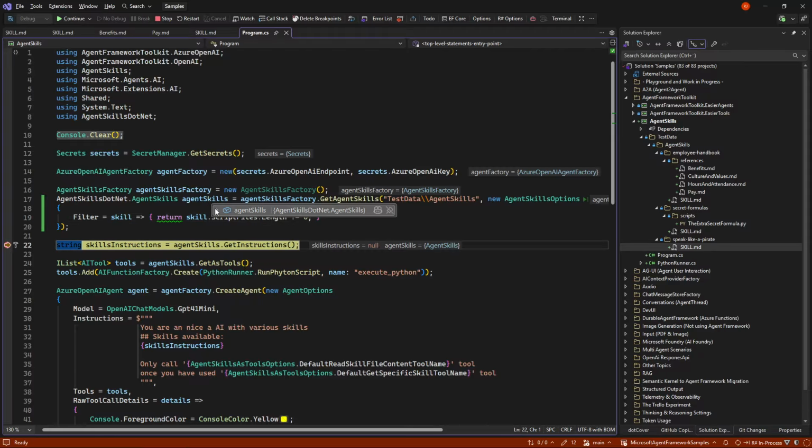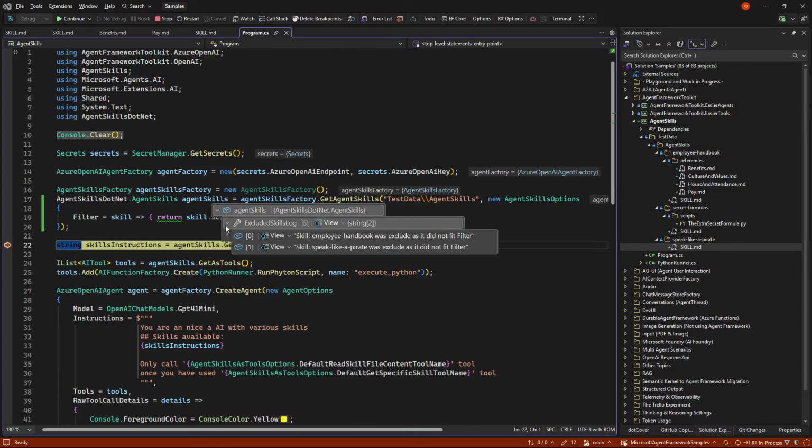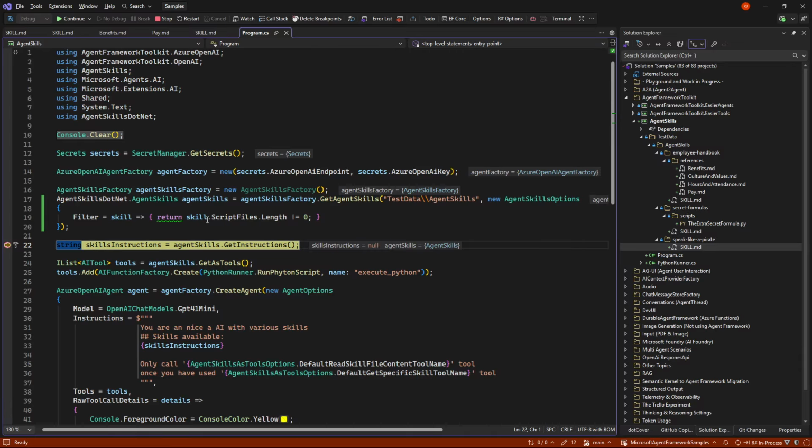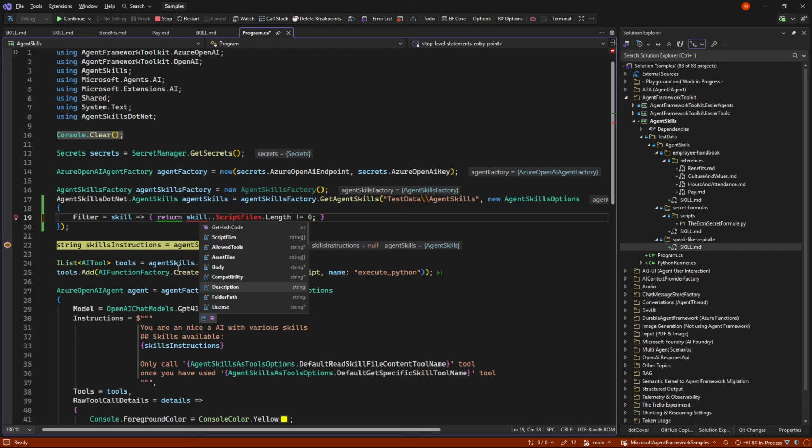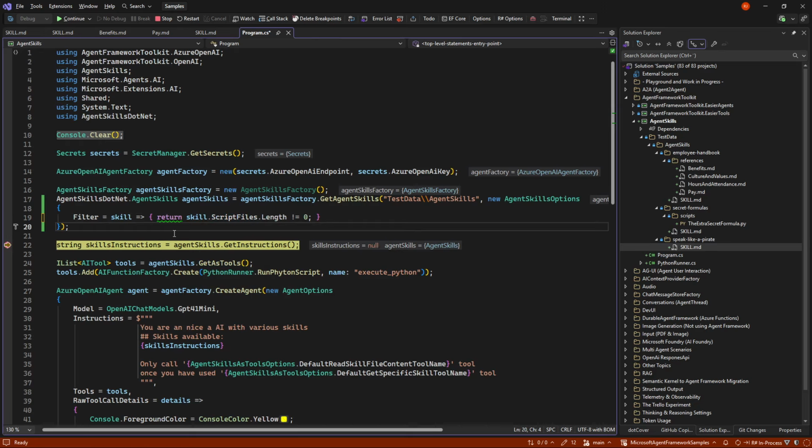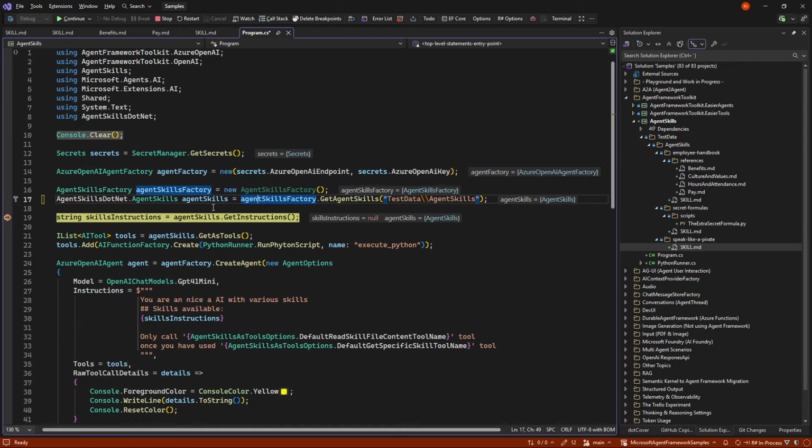And we could have gotten that we only got 1 and 2 of them was thrown away because they didn't have script files. So you have full control over everything that is about this. So it could say if the description mentions a certain word, if the license is not MIT, or whatever you want to do. So those are the options for getting the skills themselves.